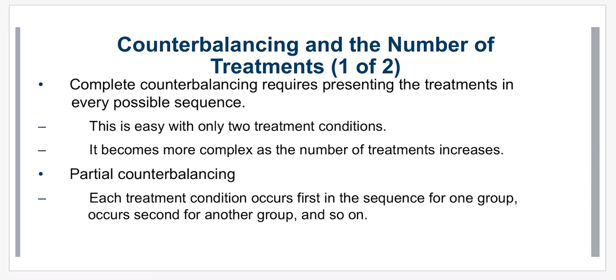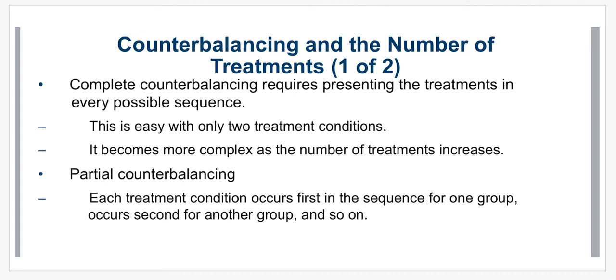When you are increasing the number of conditions or treatments, when you get past 2, the larger the number of conditions you have, it becomes more complex. Specifically, it is a factorial. So if you had 4 conditions or 4 treatments, you would have 4 factorial possible sequences, and that's 24